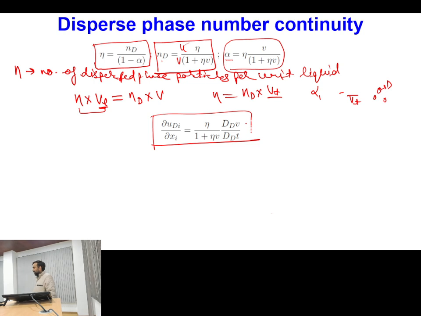Is this one clear? And from there you will get del UDI by del xi equal to eta by 1 plus eta V into d by dt of del V by del T. What is this d by dt of V? This is again the Lagrangian derivative of volume of each dispersed phase particle. So it means the rate of change of volume of each dispersed phase particle is correlated to the